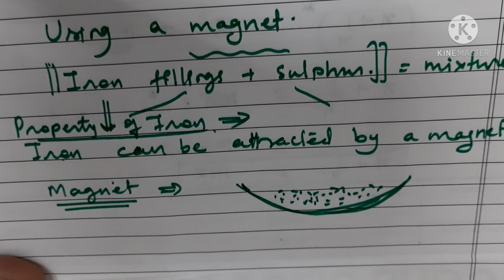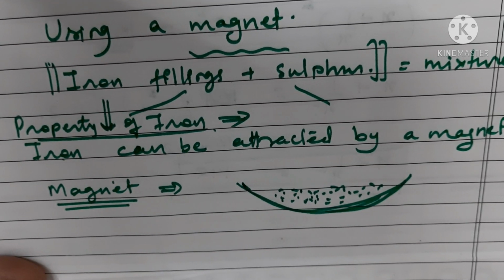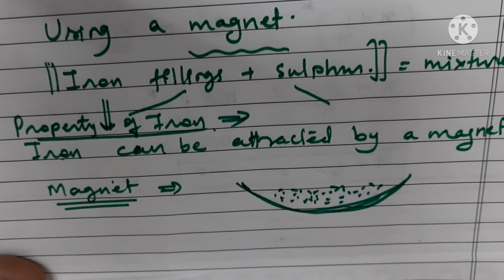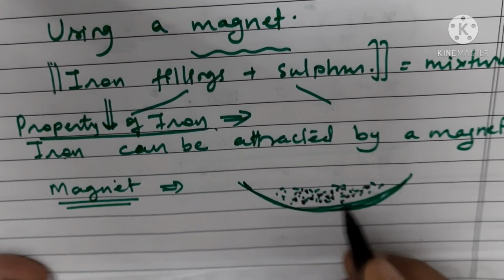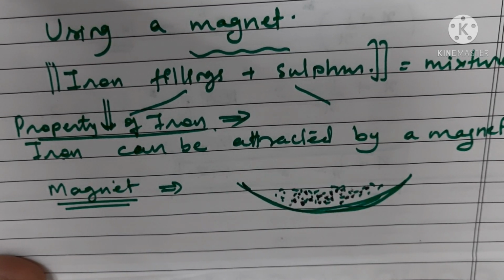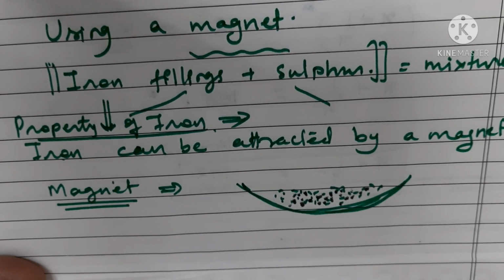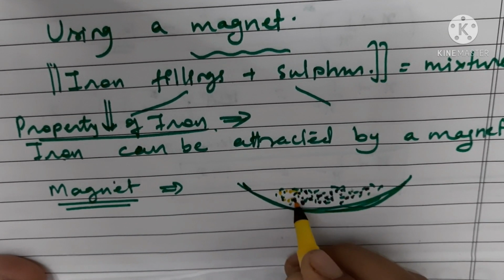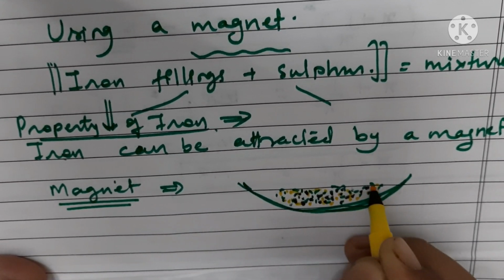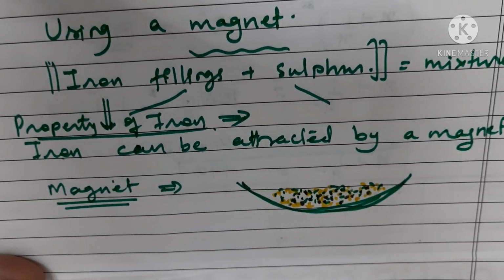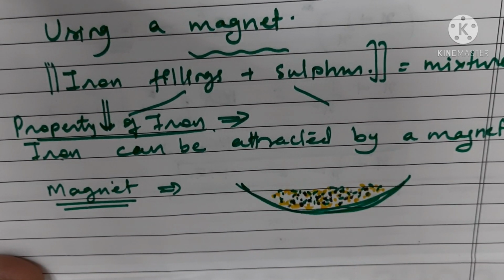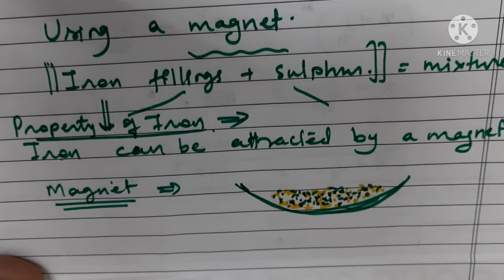Okay, and in sulfur you are having, suppose here you are having this black is your iron. Okay, iron filings. And sulfur actually is somehow yellow in color, so I should not use this green color. Instead of green, you just consider this yellow part as sulfur. Okay, ignore green color, right? So what is there? We are having iron filings here in sulfur.